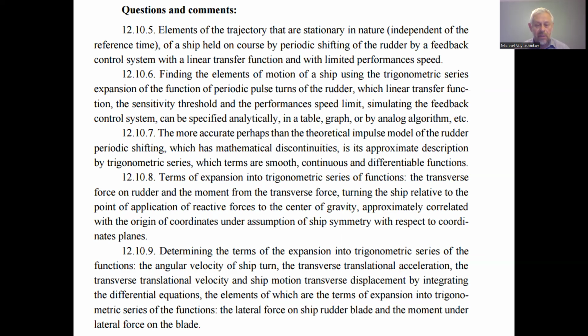12.10.6 Finding the elements of motion of a ship using a trigonometric series expansion of the function of periodic pulse turns of the rudder, which has a linear transfer function, the sensitivity threshold and the performance speed limit. Simulating the feedback control system can be specified analytically, in a table, graph, or by an algorithm, etc. Usually we consider the linear transfer function when we assume that